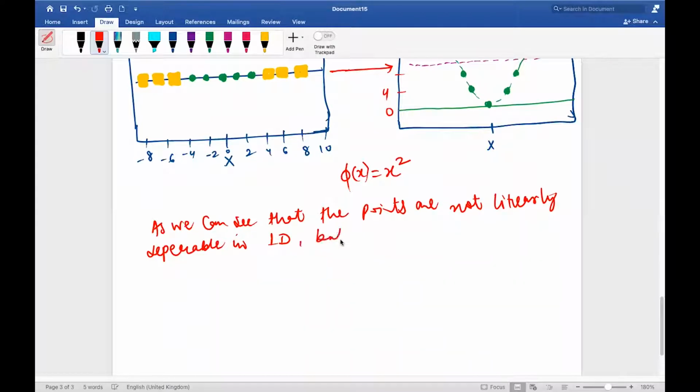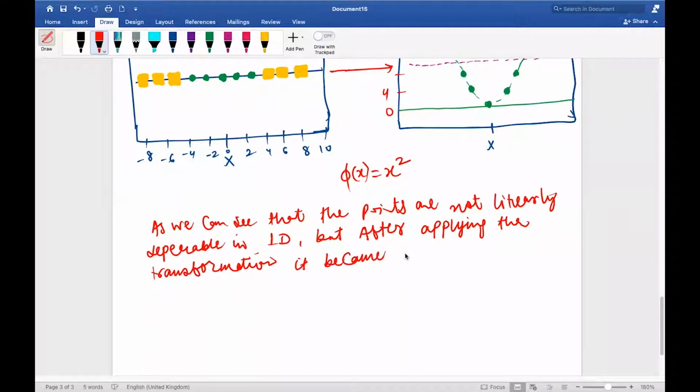But after applying the transformation, they became linearly separable. Yes or no? Yes. Basically a new feature,